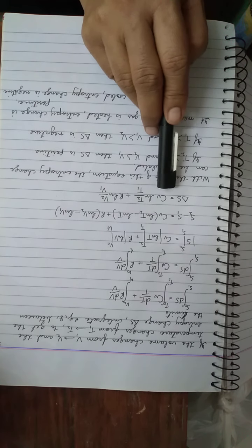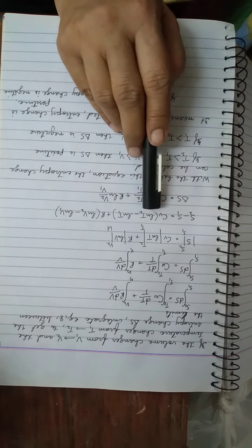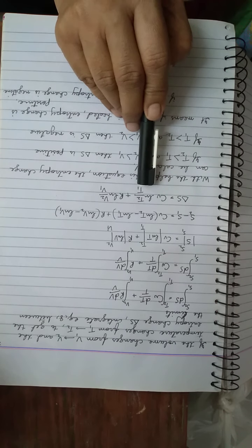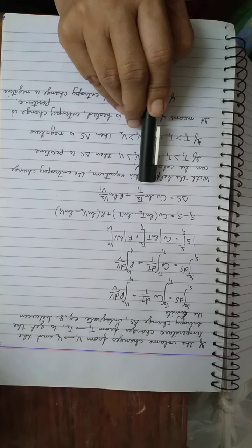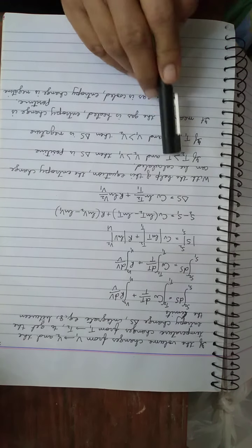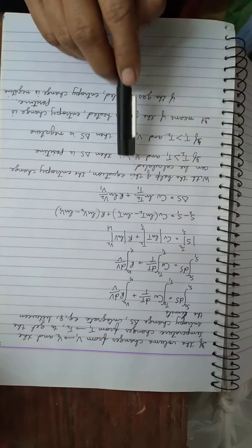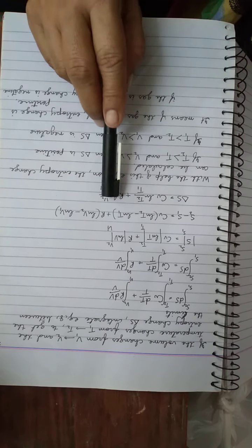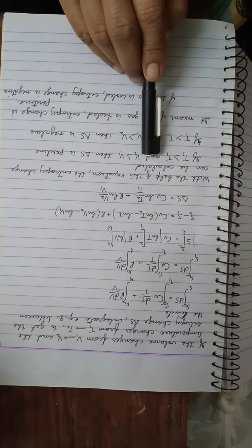Delta S is equal to Cv. We know that when two logs are subtracted, we can write it in division form. So Cv log natural T2 by T1 plus R log natural V2 by V1. This is the result of this equation. Delta S is equal to Cv log natural T2 by T1 plus R log natural V2 by V1. With the help of this equation, entropy change can be calculated.